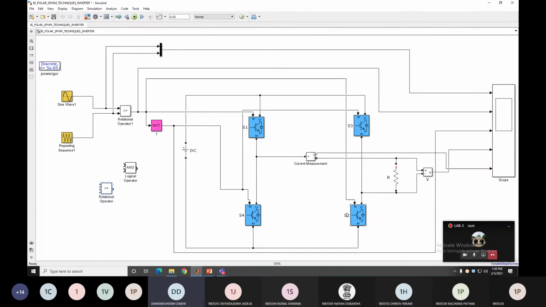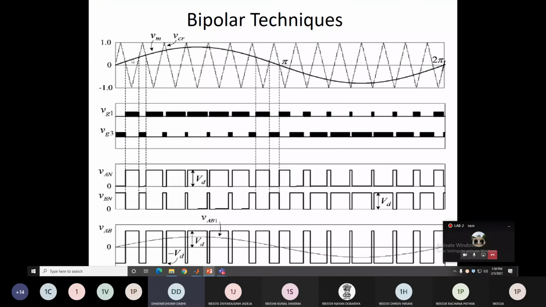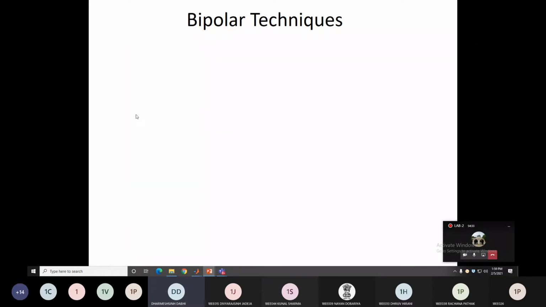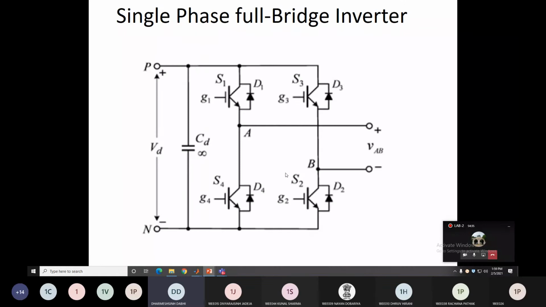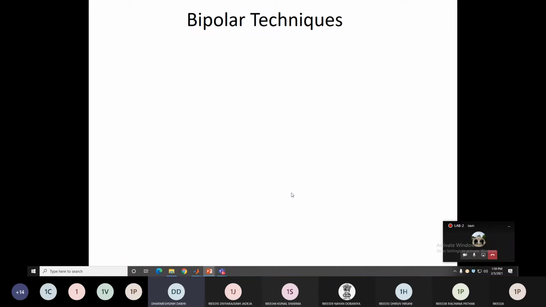S1 and S2 simultaneously. You can see here in this figure, when your sine wave is higher than this triangular wave, between these 2 points, that generates the gate pulse VG1. So that gate pulse is applied to what? Both the switches S1 and S2 simultaneously. Understand this one? All of you?